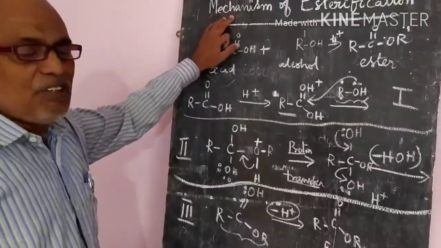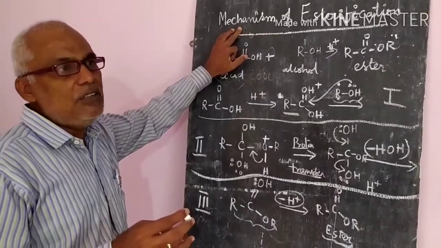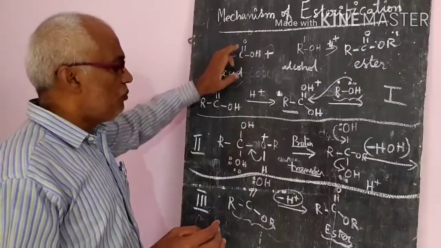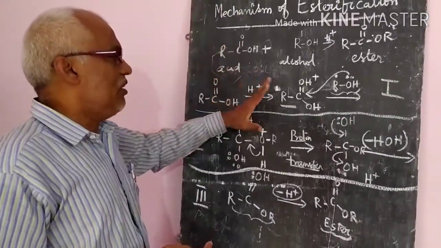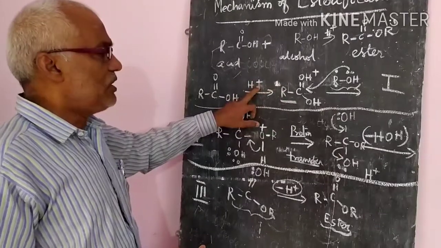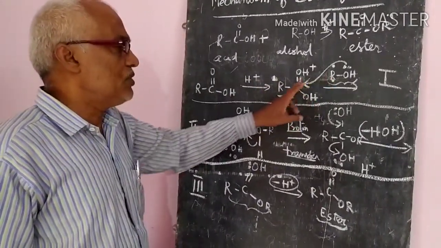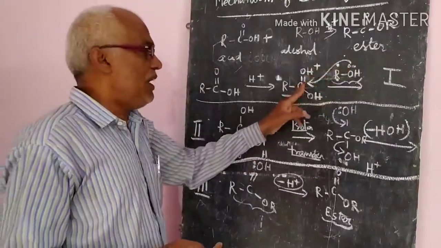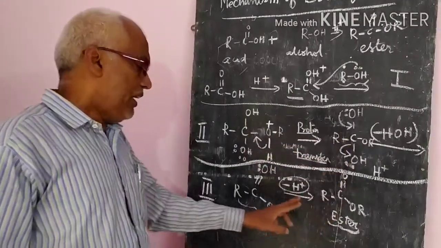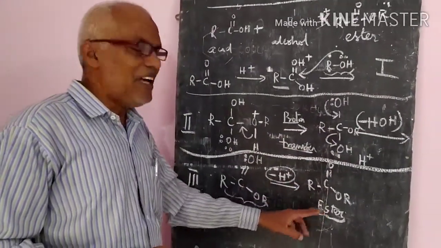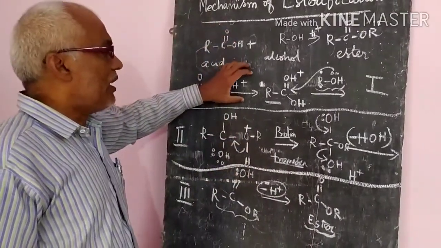So the mechanism of esterification and the mechanism of ethyl alcohol formation, these two are more important mechanisms. Just check once how the formation happens. Proton transfer takes place, then nucleophilic substitution: first the nucleophile is added, then substituted by the OR minus. Then deprotonation takes place and forms the ester. So go through the textbook and try to write it two or three times.